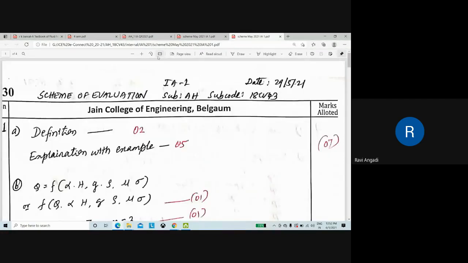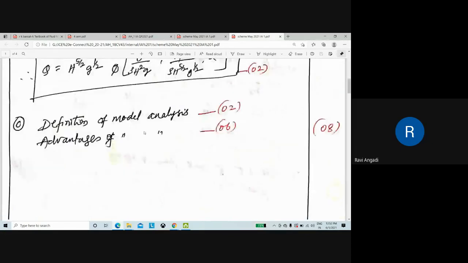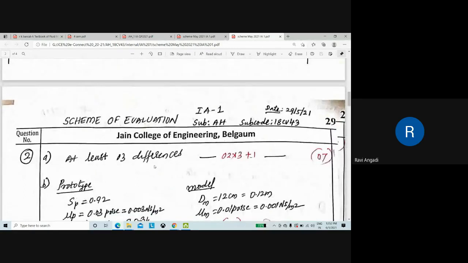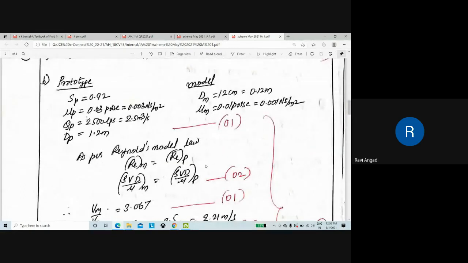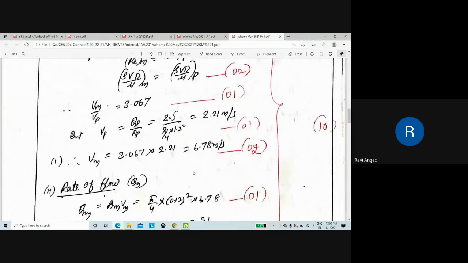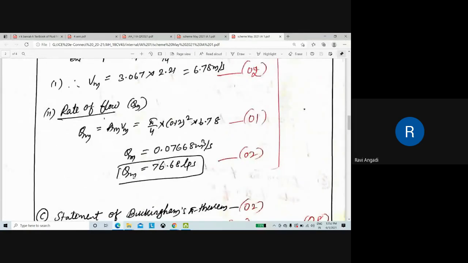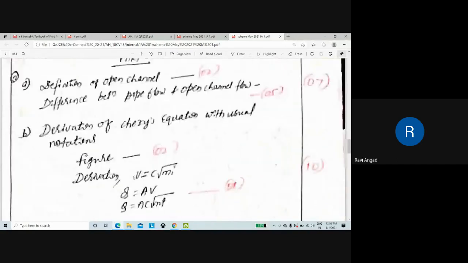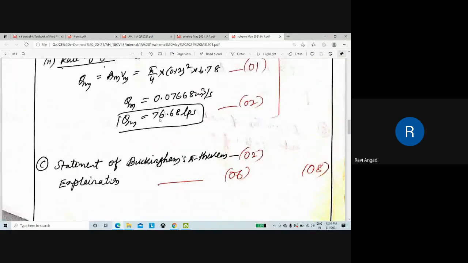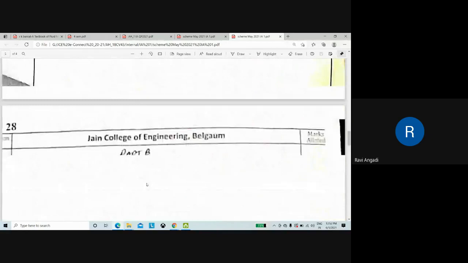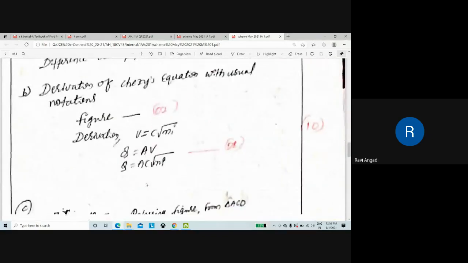The scheme is visible. Yes, sir. Here is how I allotted the marks, as given here. In the main exam also the marks will be allotted. Step wise the marks will be given; if you skip any of the steps, you will lose your marks. Don't expect to get marks only for the answers. You will get the marks step wise.